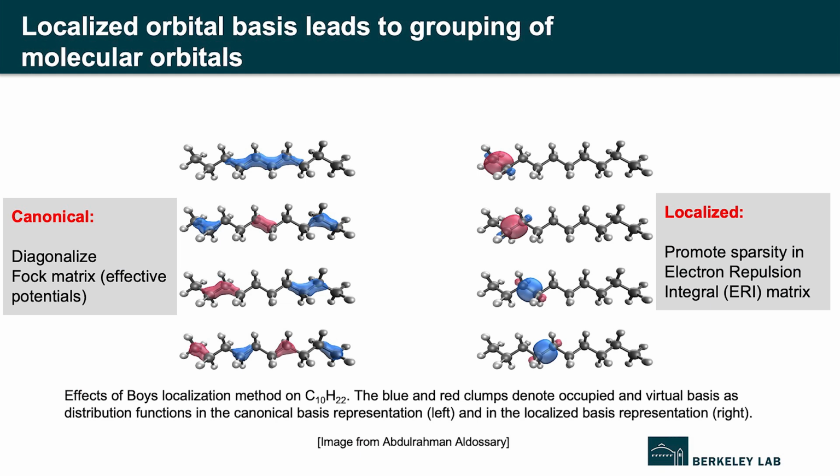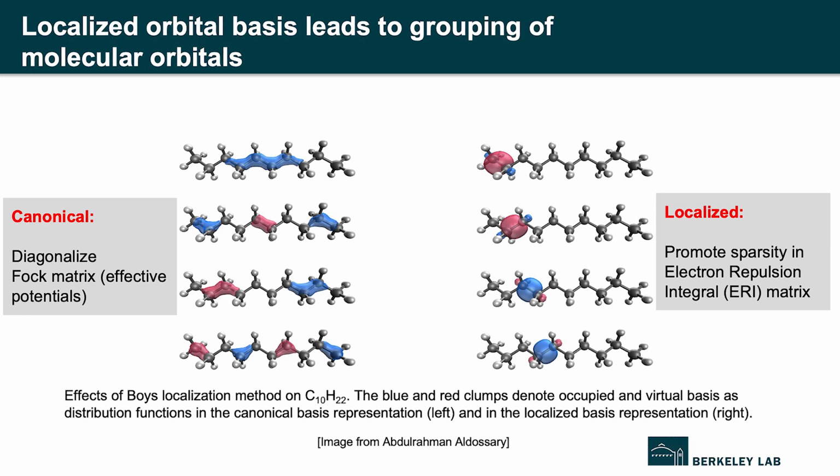I've mentioned several times localized orbitals, and how it helps is that it leads to grouping of molecular orbitals. Here I have an illustration of two orbital bases that we can use. On the left, we have the canonical orbital, and on the right, we have the localized orbital, localized by a certain method called Boys localization. Here, the red and the blue clumps represent the occupied orbitals and the virtual orbital bases